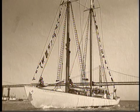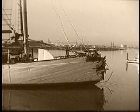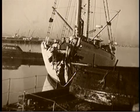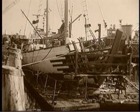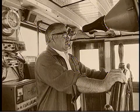Just how long the California was during her time with the bar pilots depended on what year you asked the question. The ship rammed other vessels on at least 4 different occasions and was rebuilt progressively shorter each time. Captain Thomas remembers hitting the fishing vessel MacArthur. I hit him in the fog, and we rode, the construction of the bow is such, we rode right up